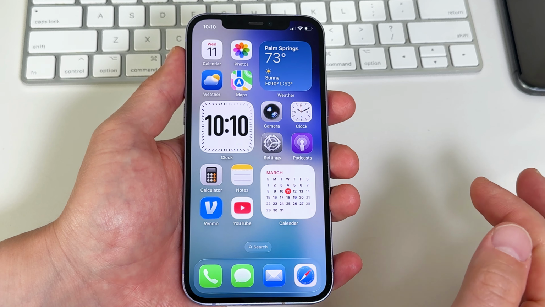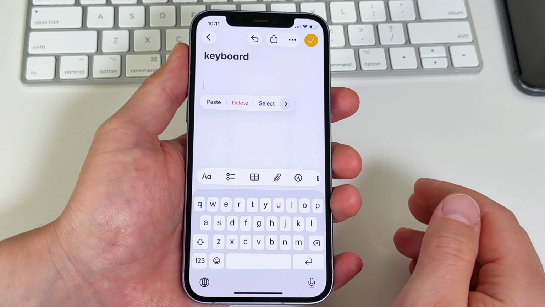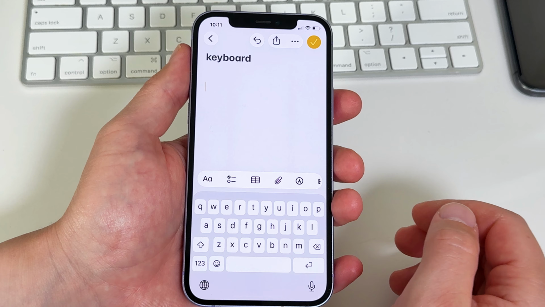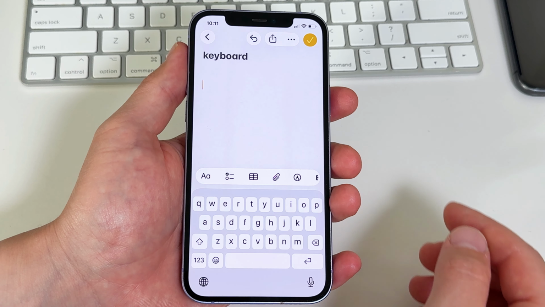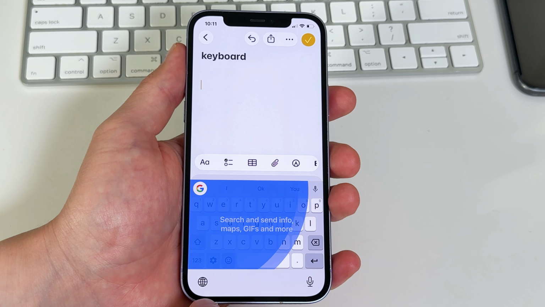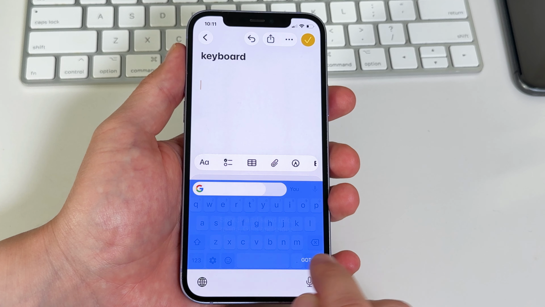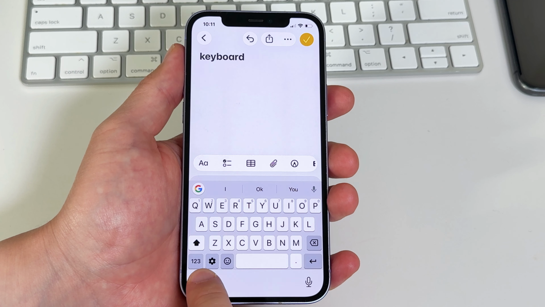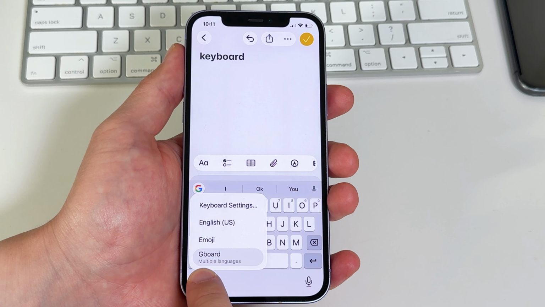After the permissions are done, you can now go to any app that uses the keyboard. You're going to see the native iOS keyboard first, but you can use the little globe icon in the bottom left corner to switch between keyboards. Tap the globe to switch between keyboards, and you can also tap and hold it to view all your available keyboards. And that's it. Now you have